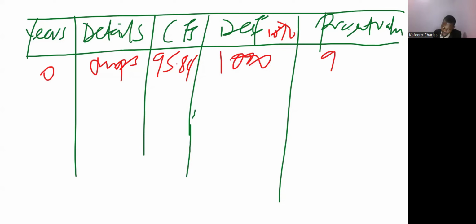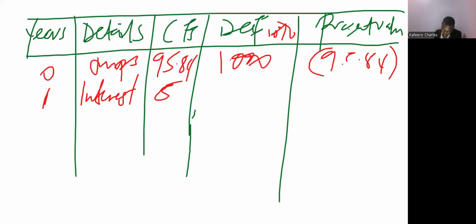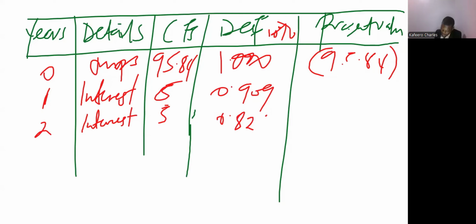So this is 95.84. It's a negative since we are investing. So in year 1, we are now receiving the interest of 5. Then this is going to be 0.091 because it is 10%. Then in year 2, we are also receiving the same interest of 5, which is 0.826. So in year 3, we are also receiving the same interest of 5,